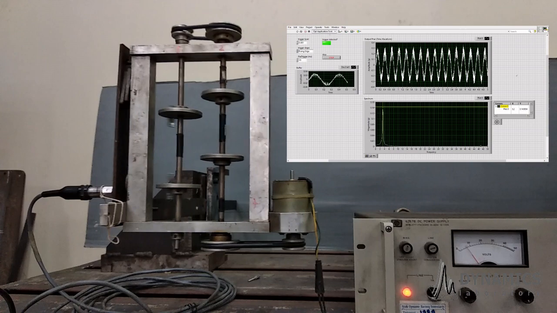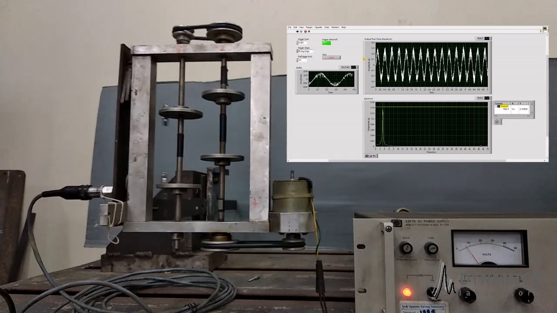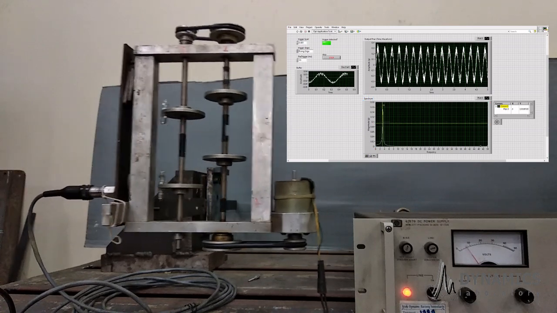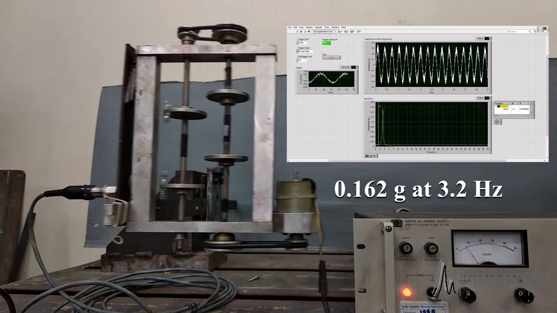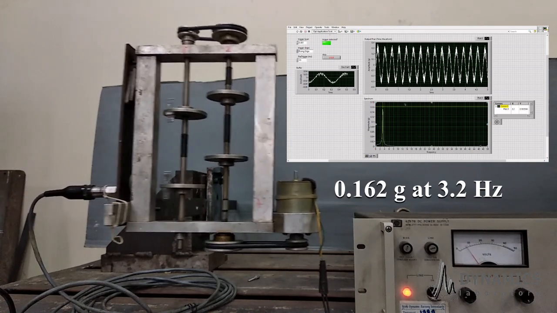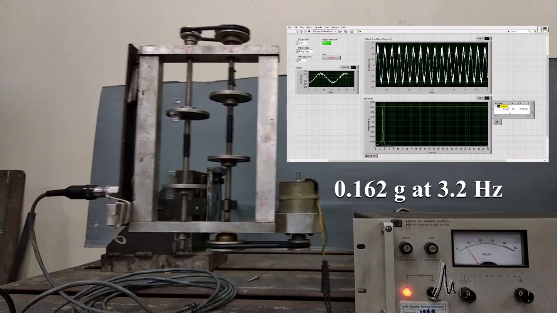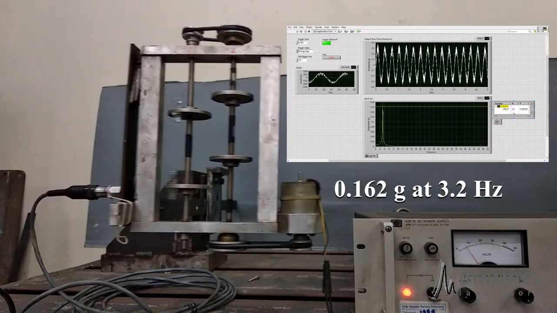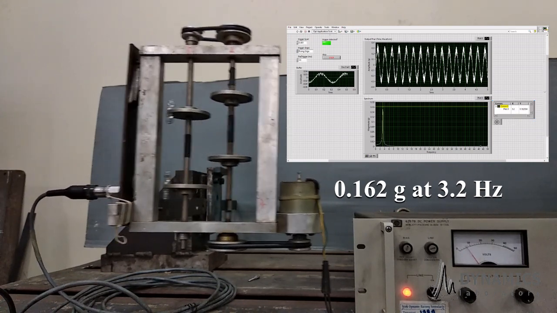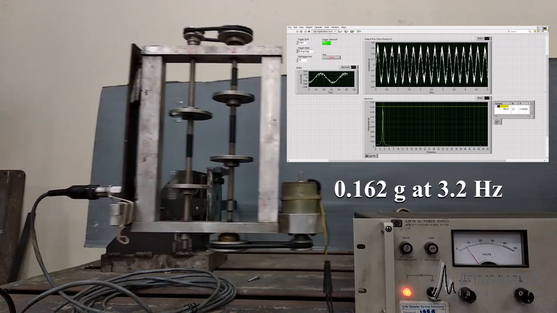This is our first experiment. We operate the DC motor at 192 RPM, and then we run the LabVIEW program. Okay, it finished. And from the lower graph, you see the spectrum of vibration response. The vibration occurs at 3.2 Hz, and the vibration magnitude is about 0.16 G. From the video, you can see clearly that the mode shape of our first resonance is horizontal.